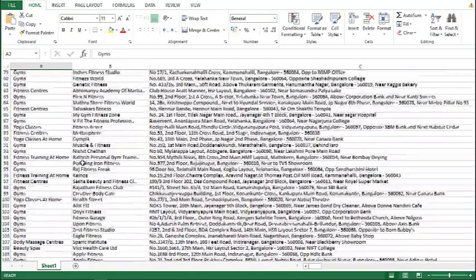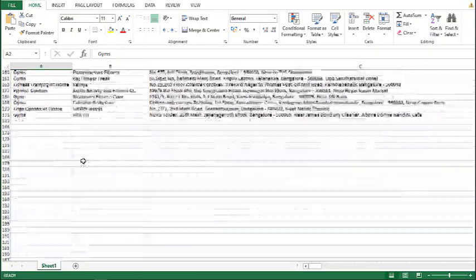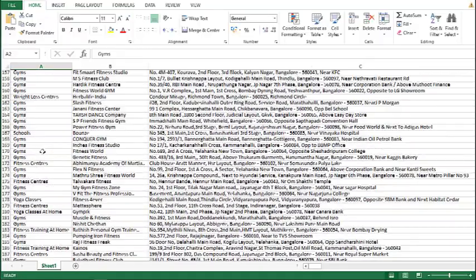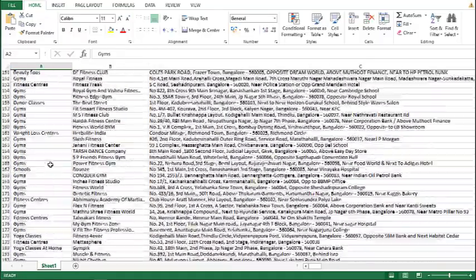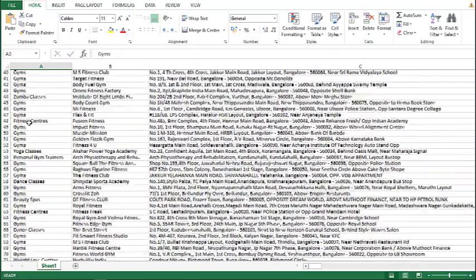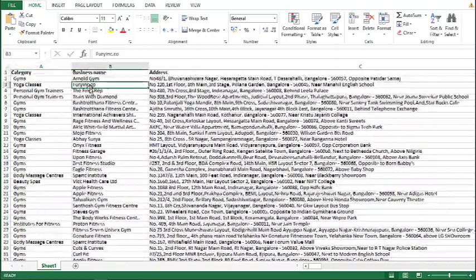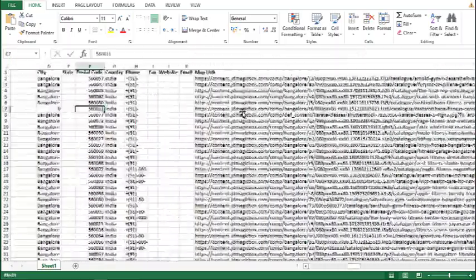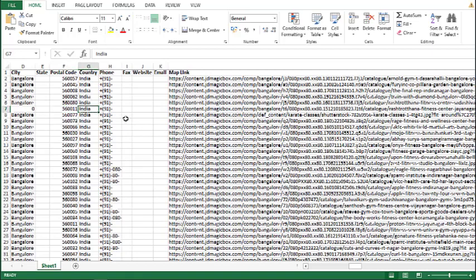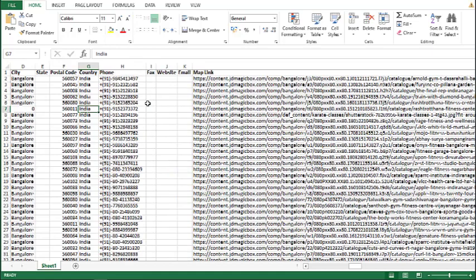Let us see how many listings have been created. There are 191 data points that have been extracted from those listings, and here we have category, business name, address, city, postal code, and phone number.